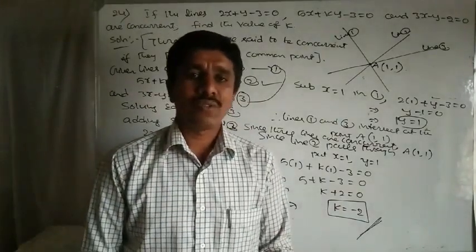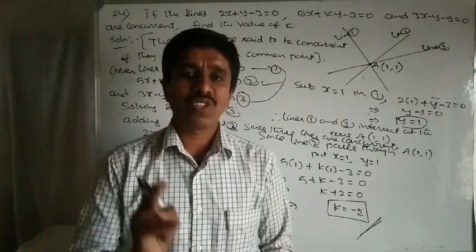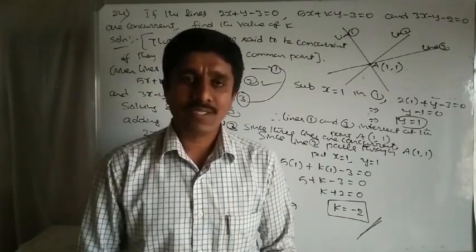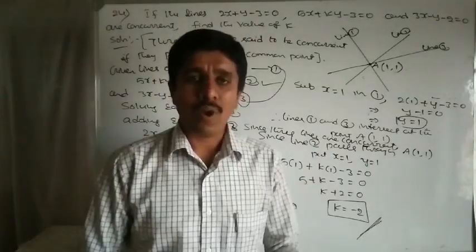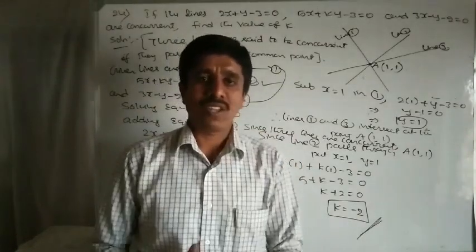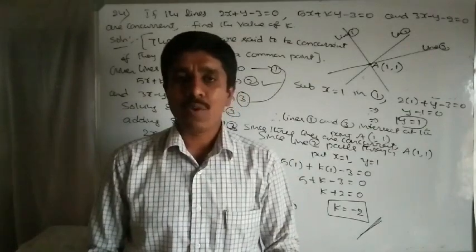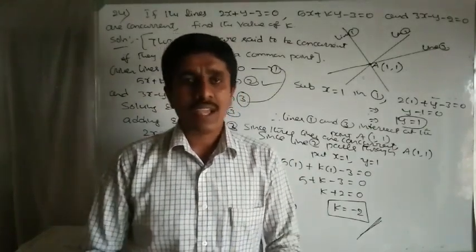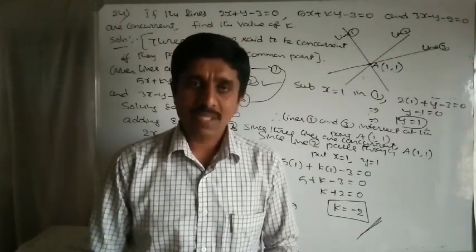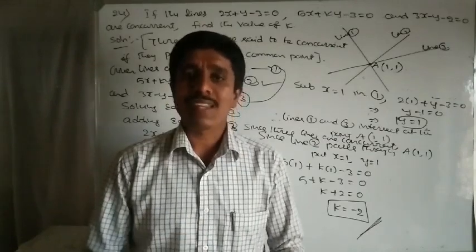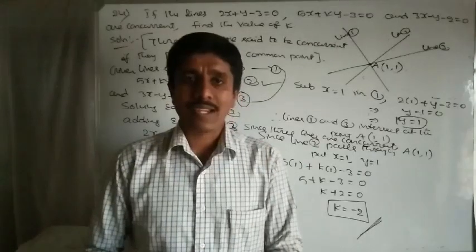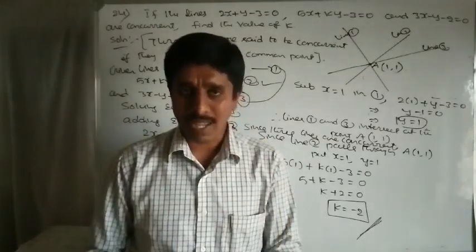Mind it, first you practice all formulas and all definitions. Slope: the slope of the line passing through two points. When two lines are parallel, what about their slopes? When two lines are perpendicular? Next, the tan theta formula: modulus of m2 minus m1 divided by 1 plus m1 m2. Next, find the various forms of the equation of a line: point slope form, two-point form, slope intercept form, normal form. Next, the general equation of a line, and practice the derivation of the distance of a point from a line.